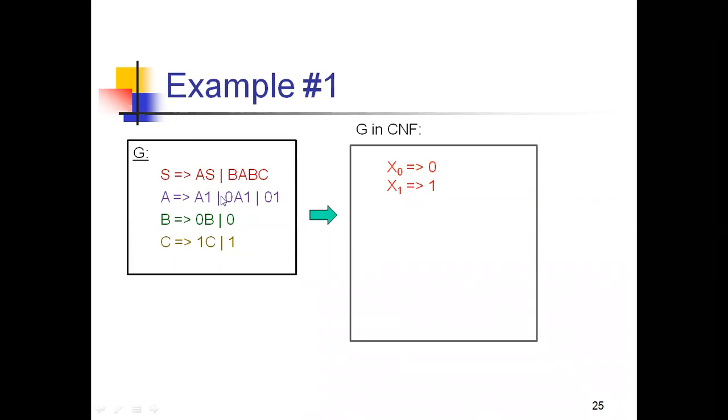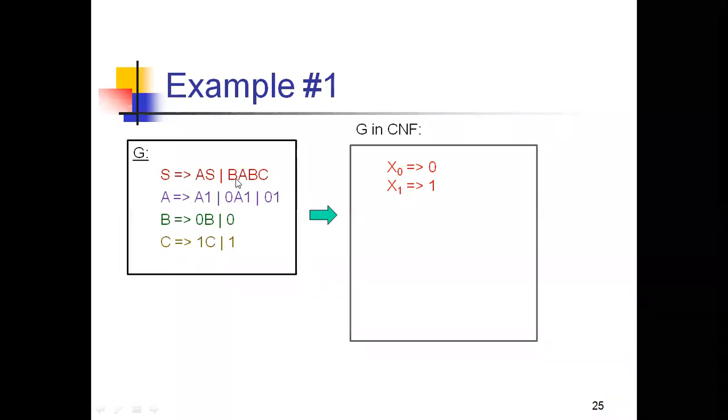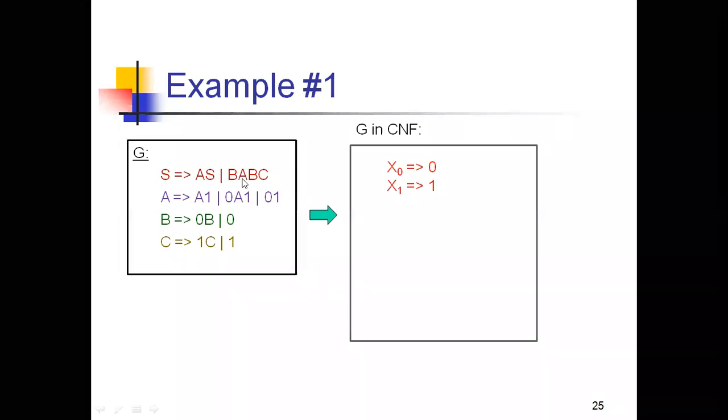S tends to a is deriving 0 1, and b and a and c are having zeros and ones, right? So everything we are generating, that means every variable is a generated variable, because no useless symbols are there here. No useless symbols are there here, everything is a useful symbol. So after checking out, now we are converting the given grammar into CNF.